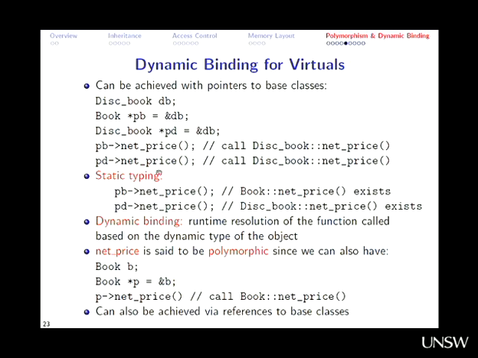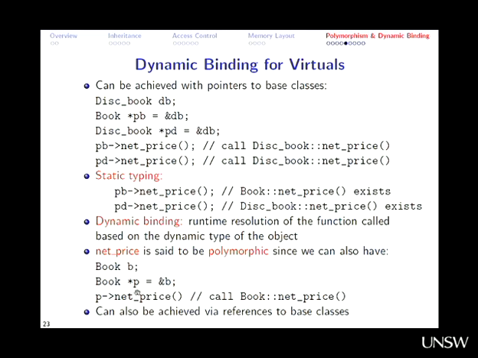Let's back this up. Sorry, static typing: at compile time, these are the calls that it thinks are going on. At runtime, those dynamic bind resolutions work, and the function net price is said to be polymorphic because